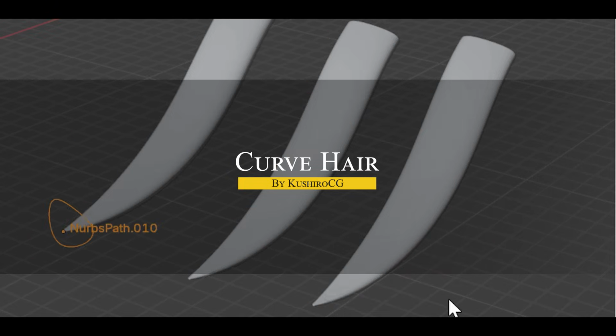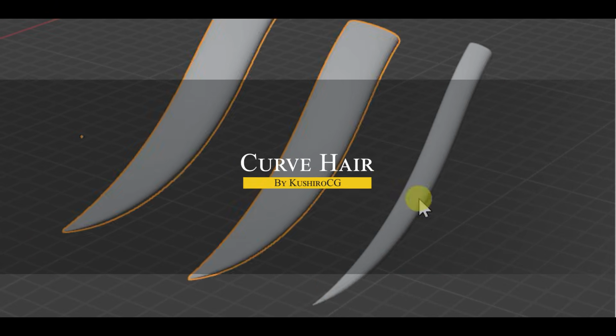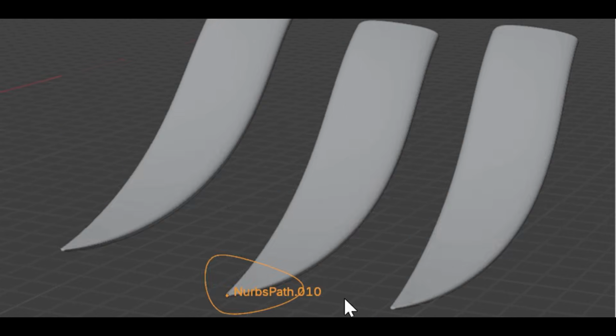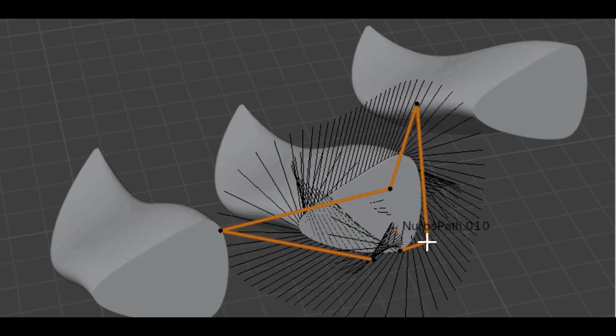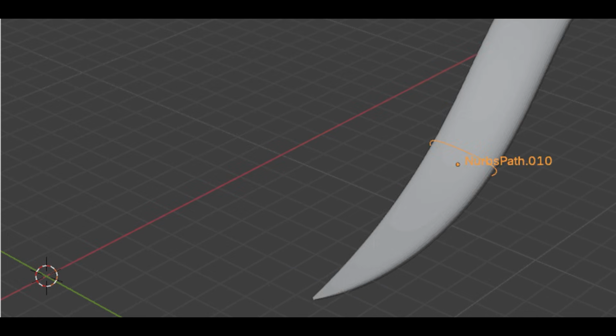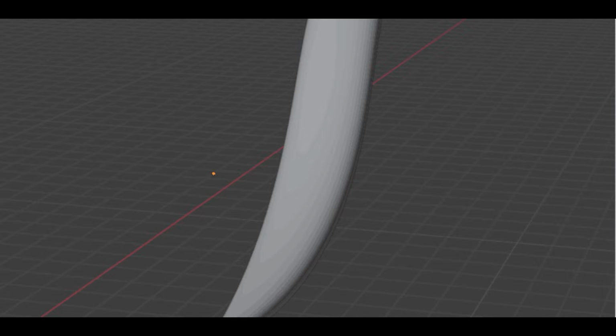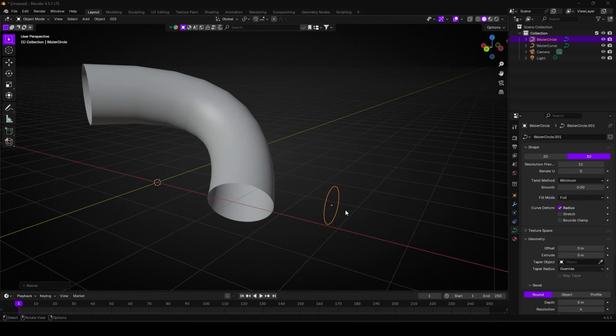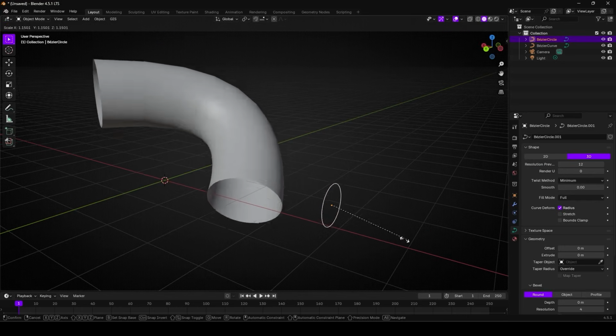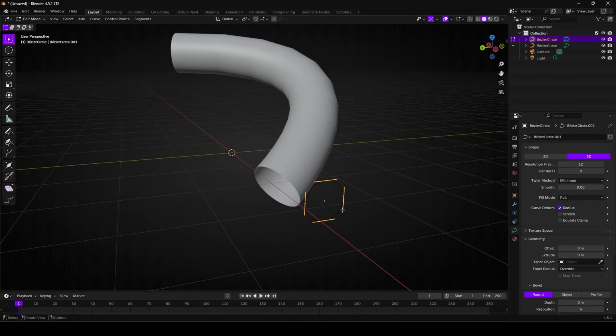On the other hand, Curve Hair is a small but super useful add-on, especially for character artists working with Blender's new curve-based hair system. What it does is simple. It allows you to move a profile curve of a hair strand to the end of the strand for easier editing. In plain English, when you create hair with curves, you often have a profile object that defines the shape